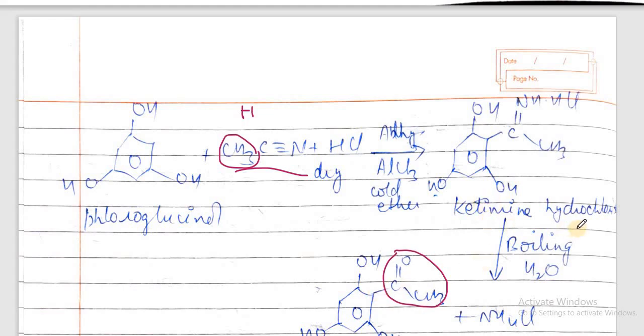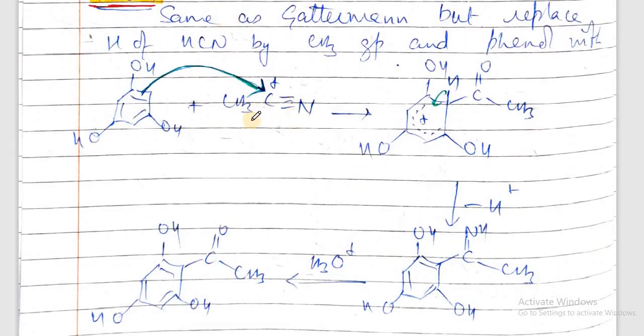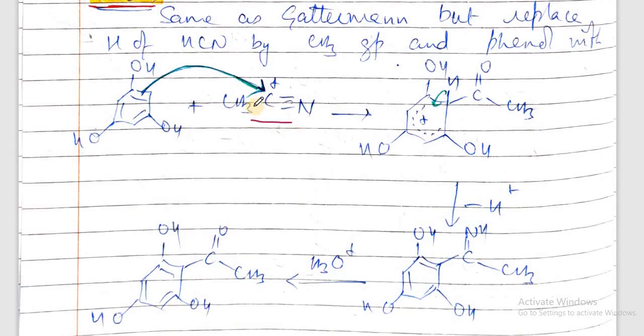and the intermediate is ketimine hydrochloride. That is, this gets attached as such, CH3NH HCl. So now just go through the mechanism, and this is the electrophile. Here there was first hydrogen, now it is CH3, and this gets attached to one of the ortho positions, and here hydrogen is already present, and the other group is C double bond O and CH3, and NH3 is removed as ammonia. The steps are skipped as we have already done them in the first, so it is the same mechanism.